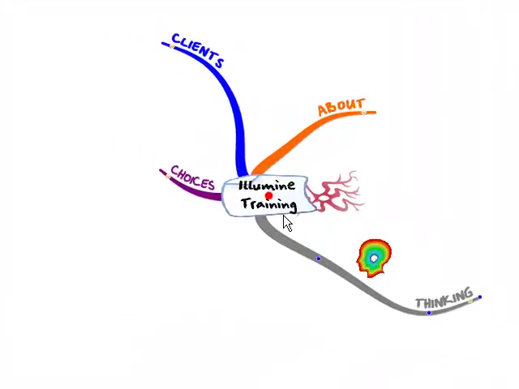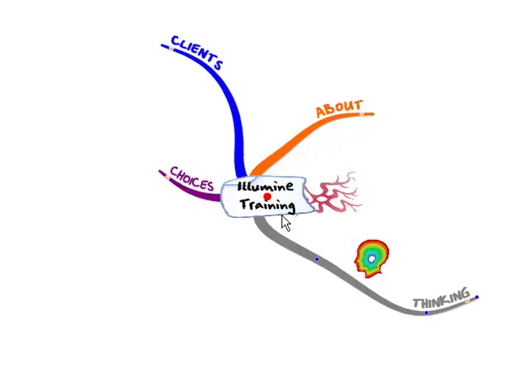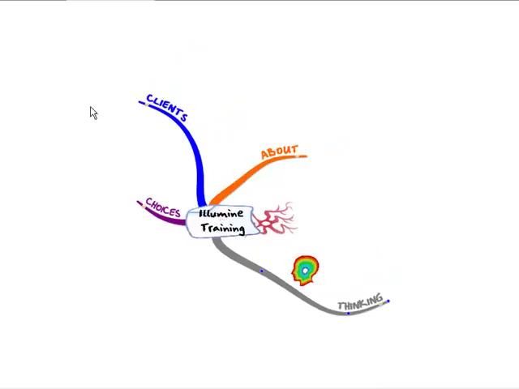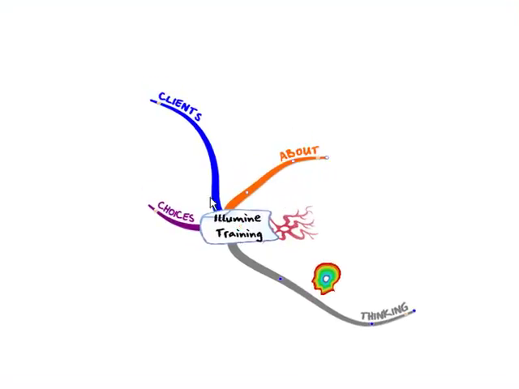This is a map about Illumin training. And on this map and in this module, I want to just talk you through some additional aspects of structure that we haven't yet talked about. The page should start as a landscape page, that's to say longer across the page than it is down the page. So I have the page in landscape mode, and we're going to start in the center of the page